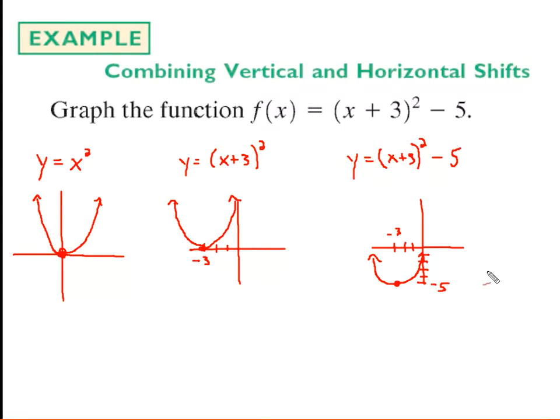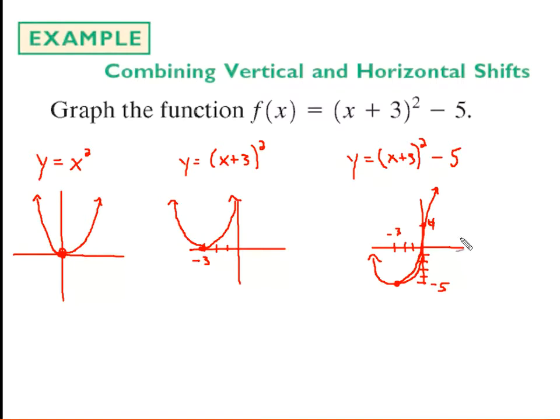Now, I could add some detail to this graph. I could find the y-intercept by plugging in x equals 0. If I plug x equals 0 in here, what do I get? I get 0 plus 3 squared. 3 squared is 9, minus 5 is 4. So technically the y-intercept is up here at 4. So I didn't do a very good job sketching that parabola, but I could add that detail, although I wasn't